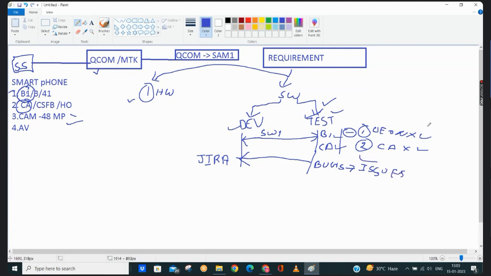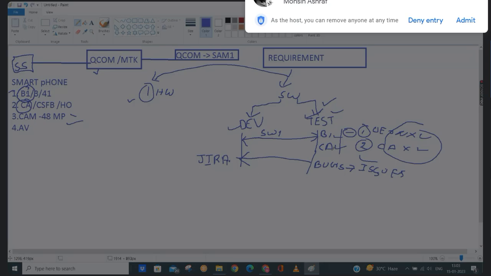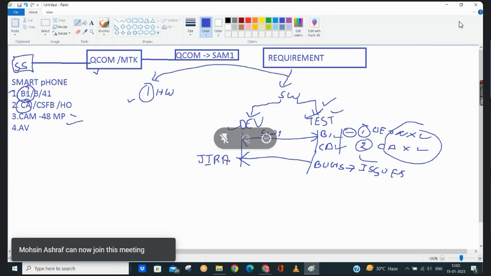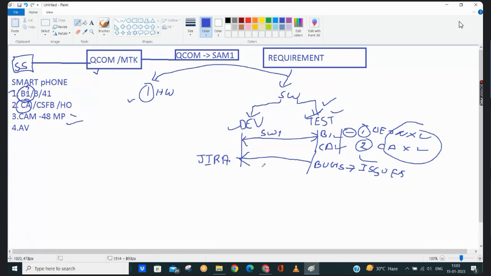Okay, we will raise these two issues to the development team. We are facing issues in two particular test cases or features, and we will provide some information to the development team. Based on those issues, the development team will work on them and provide us a fix, the next software version. Now the software version is 2. This software version has the fix of issue 1 and issue 2.